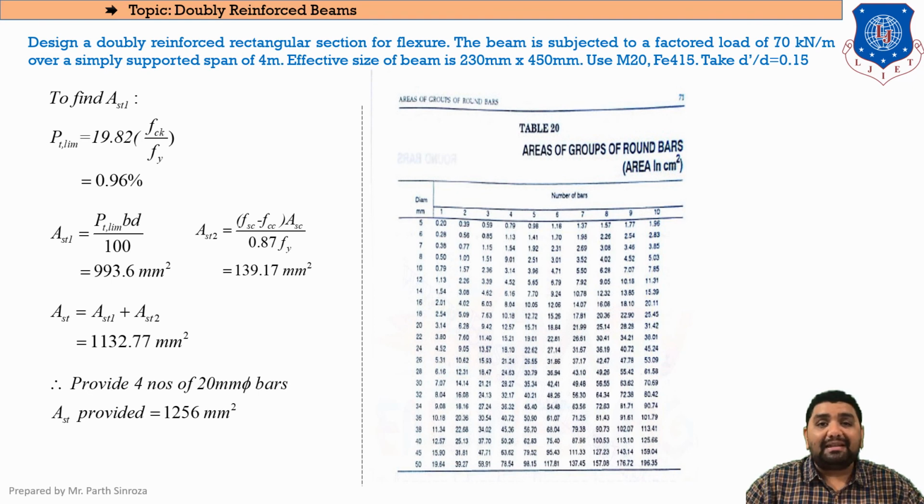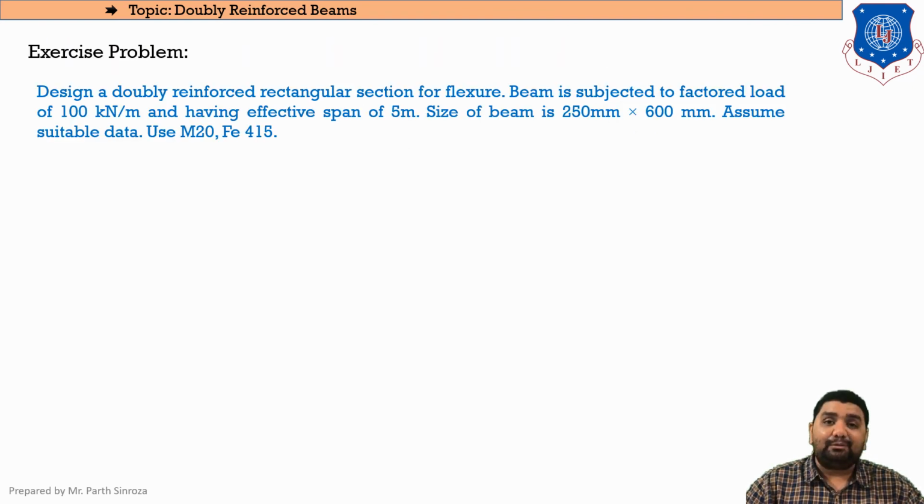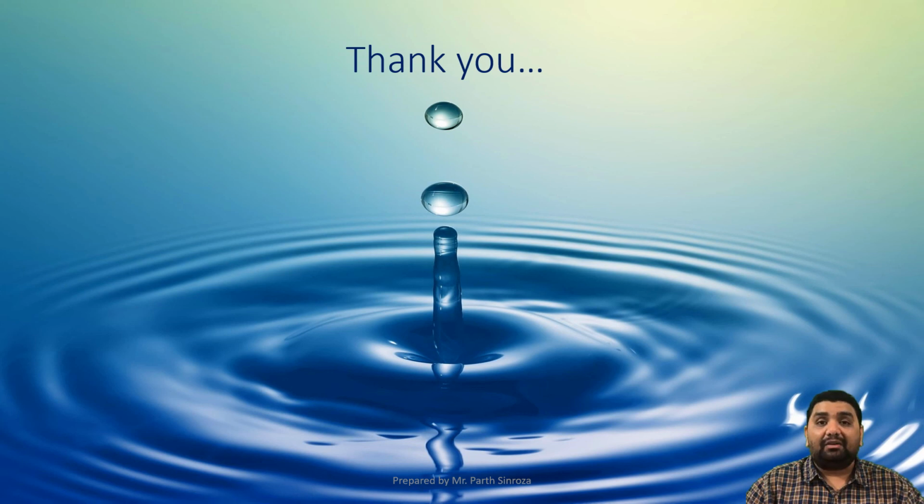So this is how we'll be designing a doubly reinforced section. This is the exercise problem for today. Do solve it, because design problems for doubly reinforced sections are very simple and carry 7 marks. So it is very easy marks, as you can say, in your examination, and it will be helpful in reaching your goals too. Clear? This is the section that you will deal with, and in the next session we will be looking at further sums. Thank you.